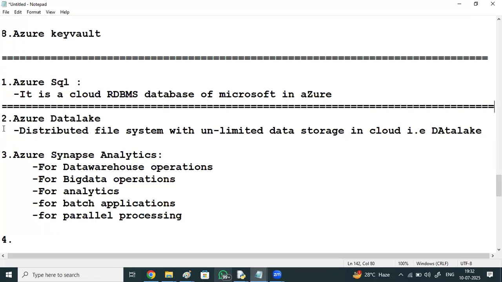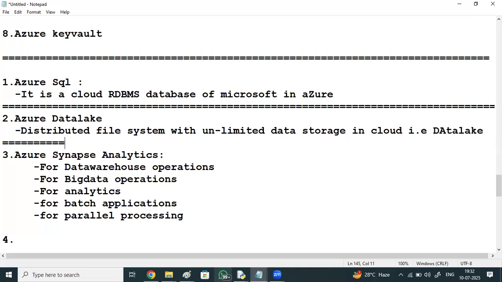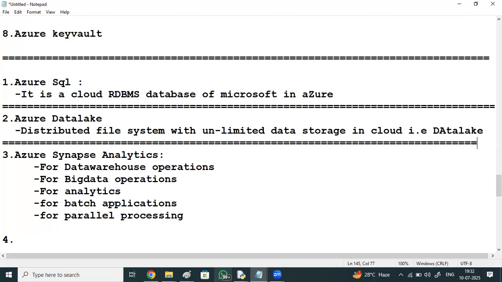Azure SQL, Azure Data Lake, Azure Synapse, and Azure Data Factory. In a simple way, what is Azure Data Factory?